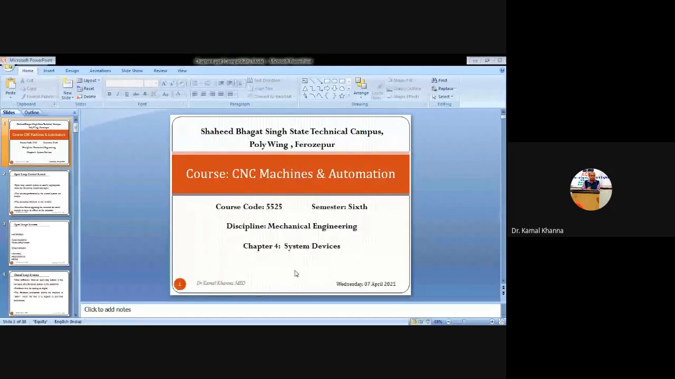So I am skipping that third chapter, part programming, and I am switching to the fourth chapter, that is called system devices, as per our syllabus of CNC machines and automation. In this chapter we'll study all the devices related to the system, to the CNC machines, to the automation, how the CNC works, and how the CNC machines have their control